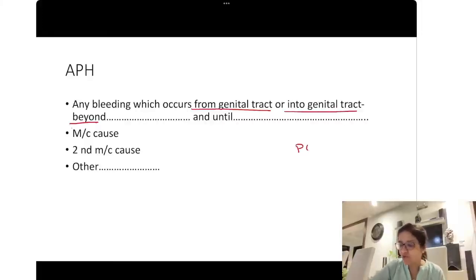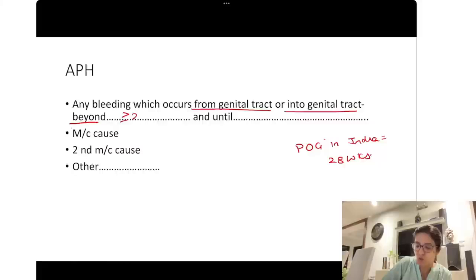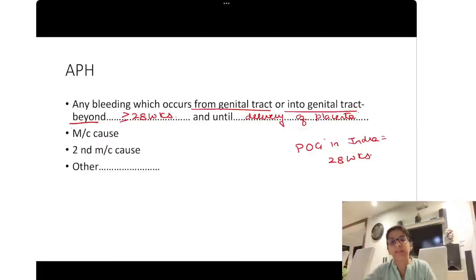And the period of gestation in India is taken as 28 weeks. So any bleeding at more than or equal to 28 weeks of pregnancy and until the delivery of the placenta, that is what is called